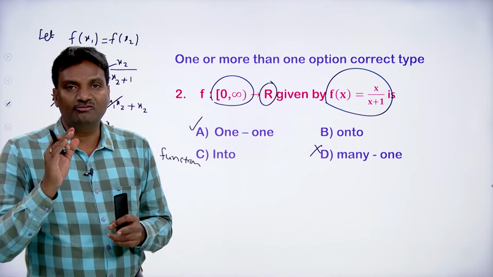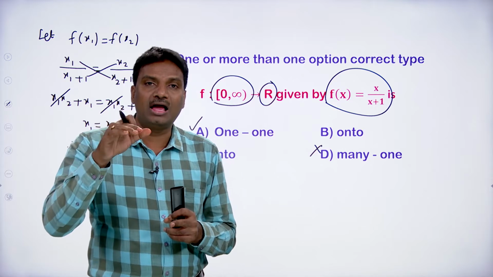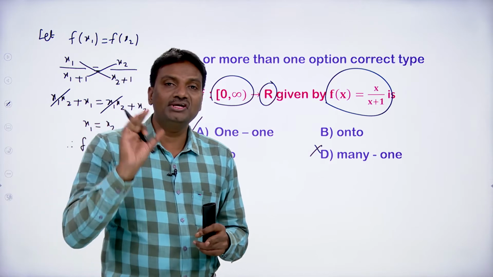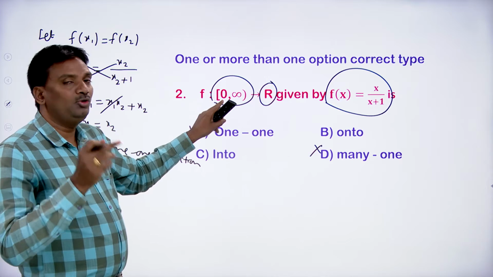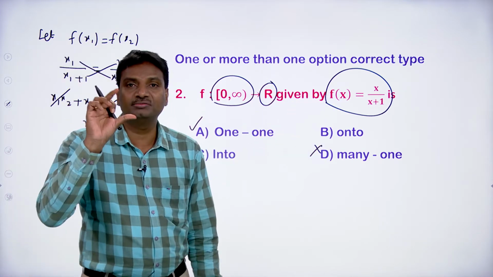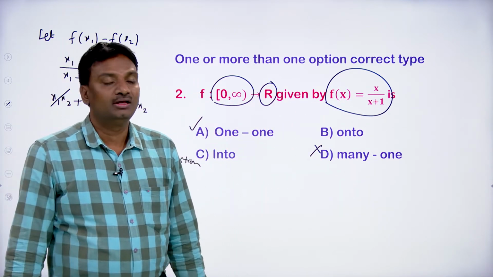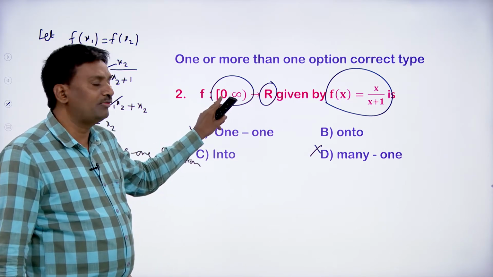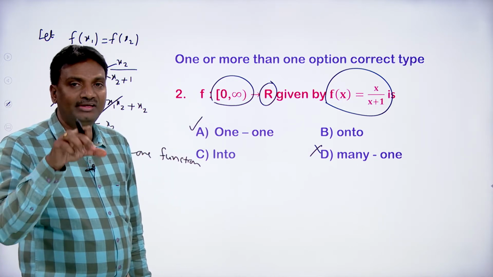To check whether a function f of x is onto or not, with respect to the definition, a function f maps A to B is said to be onto if every element of codomain has at least one pre-image in the domain A, or if the range equals codomain. So by observing here, in place of x you must take all positive real numbers. For all real values of x, f of x is positive. You may take any value in the interval 0, infinity. You can take 0 also, because for 0 here we have closed bracket, and when closed bracket is there, we can consider that element.